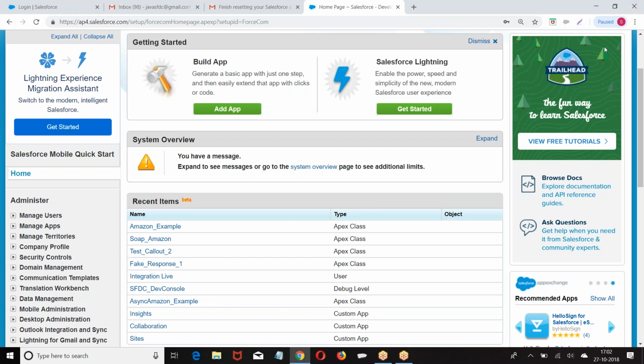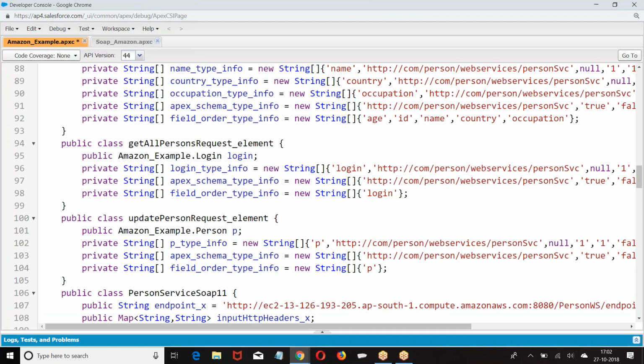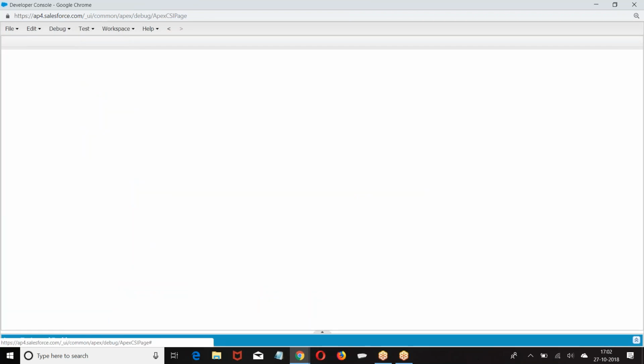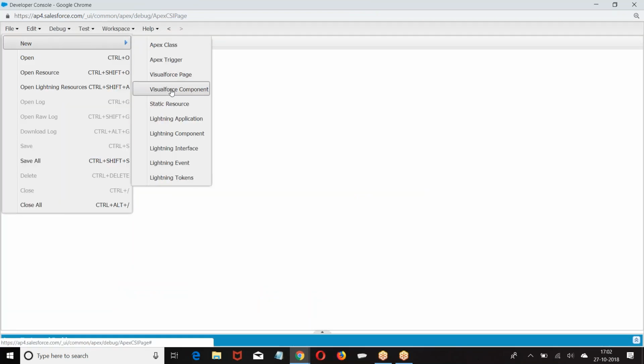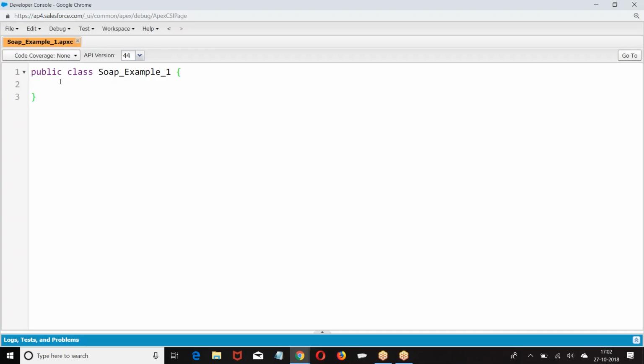So first, let me create one SOAP API service. With the help of that SOAP API service, we will try to understand the WSDL. We are defining the class as global.